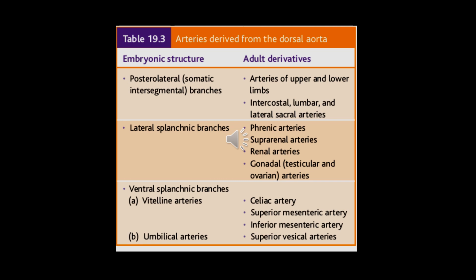I think we have already mentioned, if I am not mistaken, GIT 1. And finally, the umbilical arteries, which we have studied just now, and they will become the superior vesical arteries. Vesica urinaria is the anatomical name of the urinary bladder. So we call anything related to the urinary bladder as vesical. So superior vesical, inferior vesical, and so on.